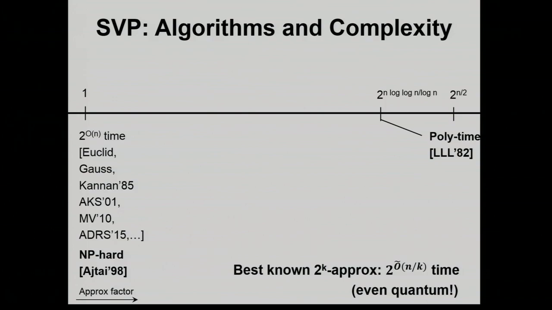So in the exact shortest vector problem, I didn't say something very important, which is, what does it mean for a vector to be short? I have to define a norm, right? And we'll talk about the Euclidean norm all through this talk. Things could change depending on which norm I'm talking about, but Euclidean is good for me. Okay, so the exact shortest vector problem is NP hard, it turns out.